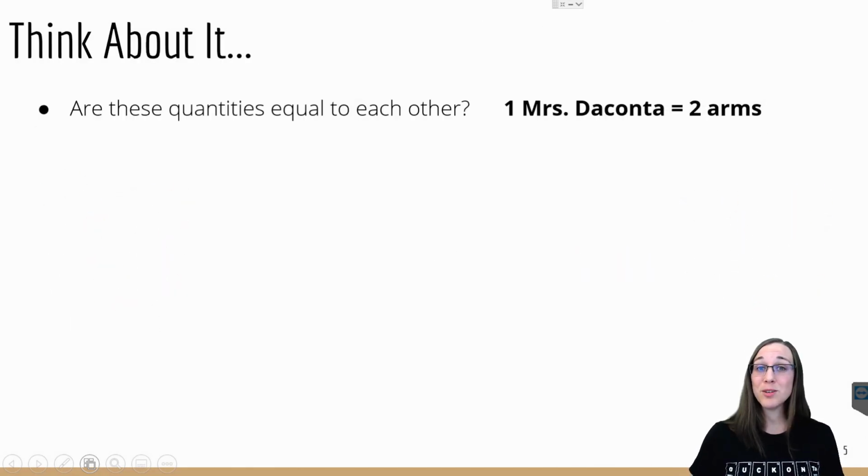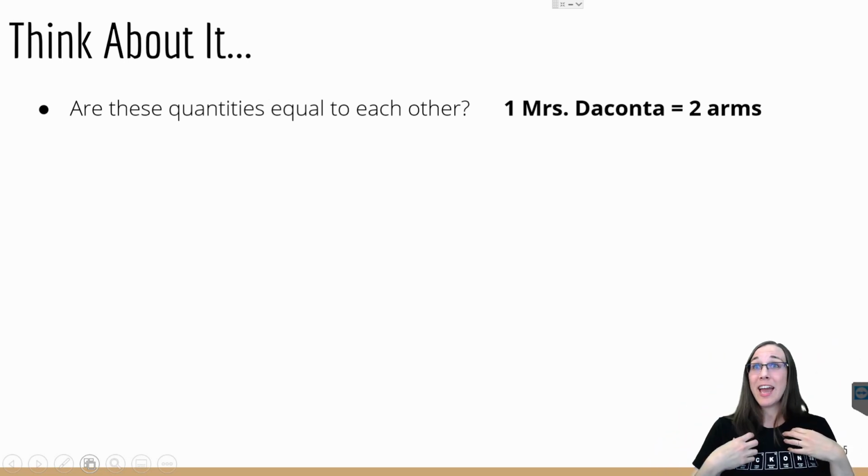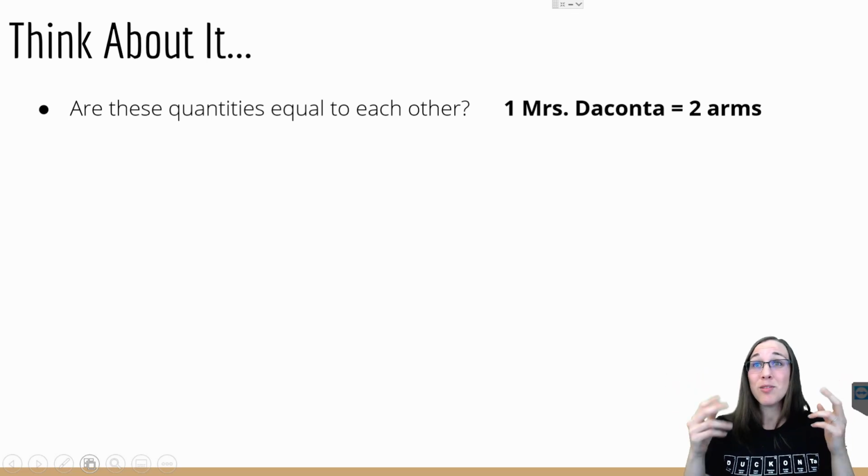Before we jump into using that math with molar ratios, let's think about it in terms of something that's physical. Like me, there's one Mrs. Duckonta and 2 arms. Are those two quantities equal to each other? Could I say every time there's one Mrs. Duckonta, there's 2 arms? Yes, I mean, right now you could,